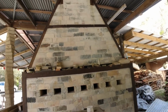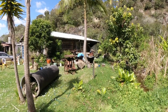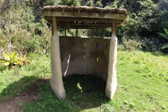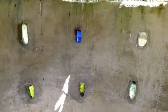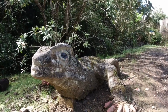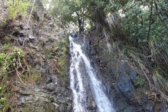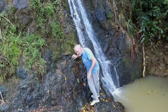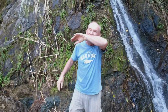Okie dokie. I want a pizza from this oven. That's freaky, waking up in here in the morning. There was even a mini waterfall there. Being a hot day, I just couldn't resist a slurp of cool mountain water. Bring an empty bottle next time, fill it